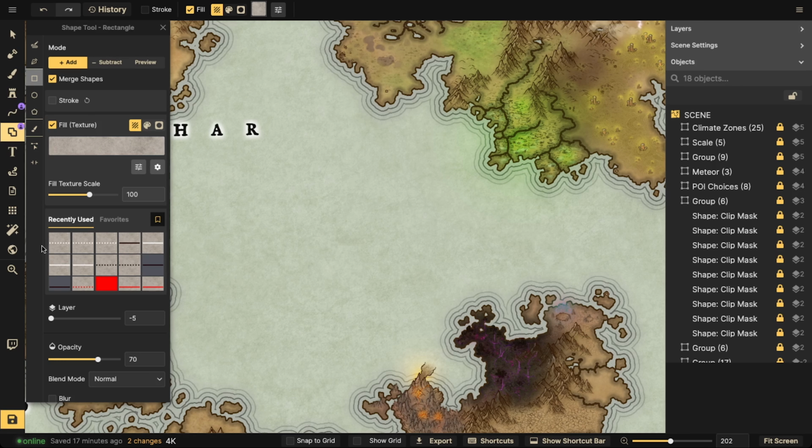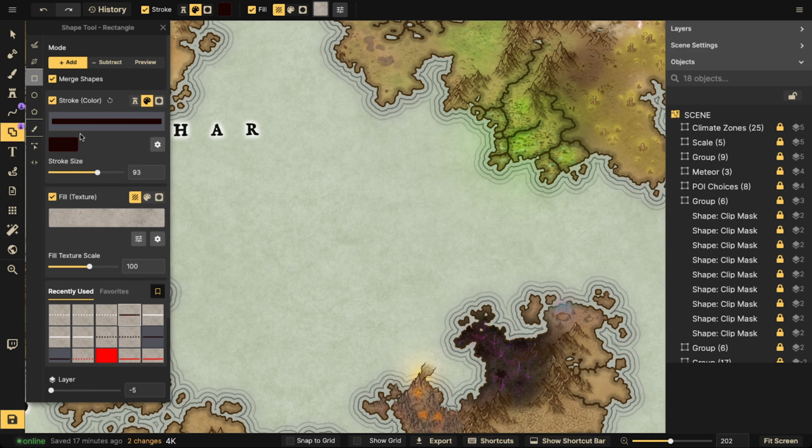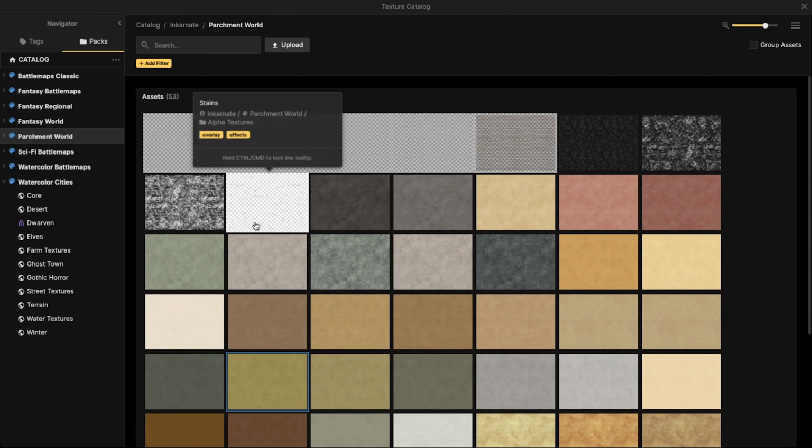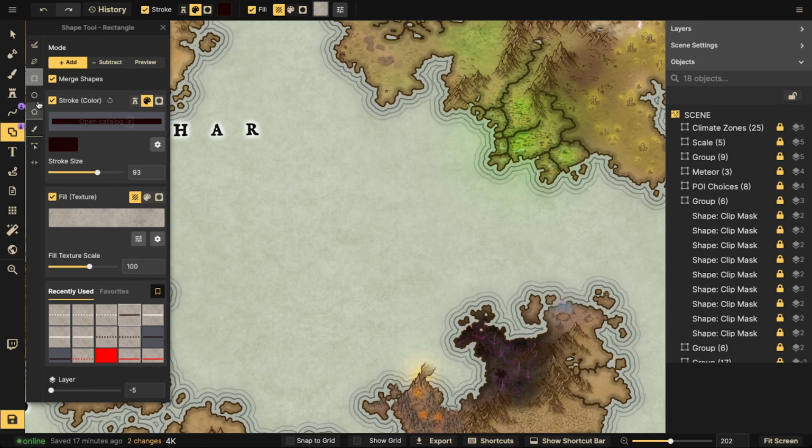I already have some recently used shapes here, but I'm using this brown-like color stroke. You see the color here. And then I'm using this fill type texture, which is right from the Parchment style. If I go in, you'll notice it's the Parchment style here. And what I'll do first is I'm going to use a circle like this. If you hold down, let me undo that real quick. If you hold down